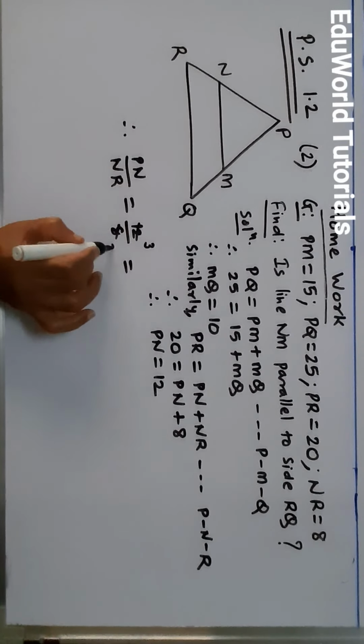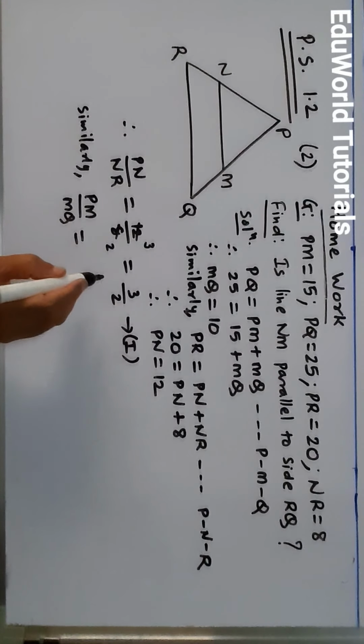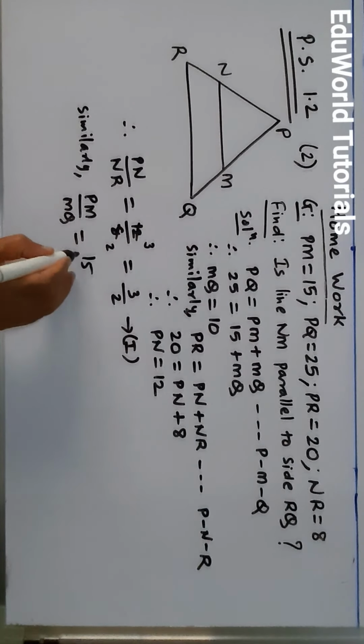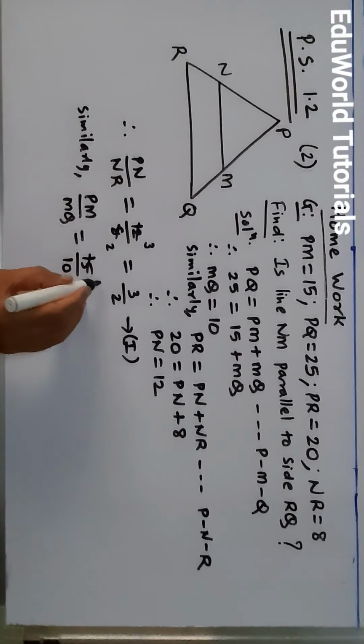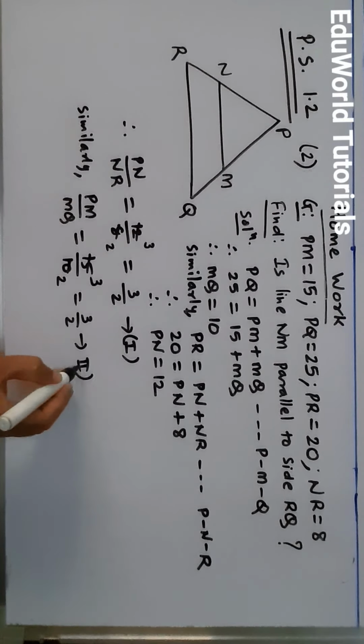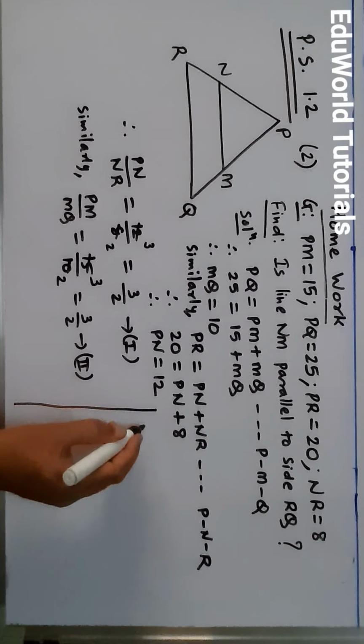Then we will find ratio PM to MQ. That is equal to, PM is how much? PM is 15. And MQ we found 10. Both will come in the table of 5. 5 3s are 15. 5 2s are 10. The ratio 3 upon 2 we get, which is same as the previous ratio. Therefore, what we write next step? Therefore,